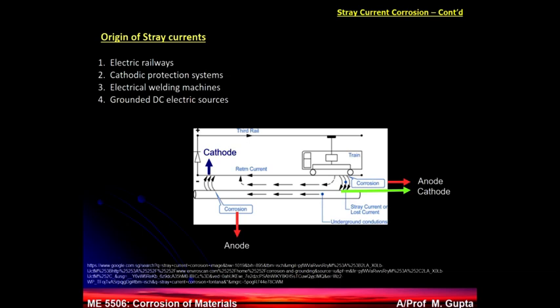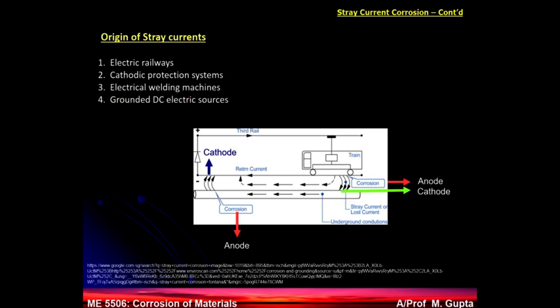Origin of stray currents: electric railways, CPS, electrical welding mechanisms or machines, grounded DC electric sources. So here's a new picture. I don't think it is in your lecture notes. Suppose you have an electrically driven rail which is taking the power from here. Now this electricity can leak off, and suppose there's an underground pipe here, then these currents can leak and enter